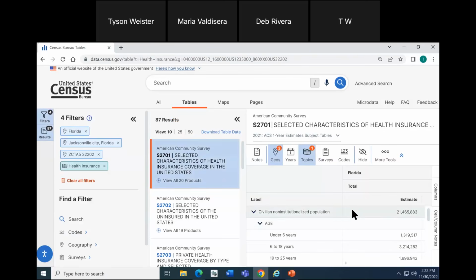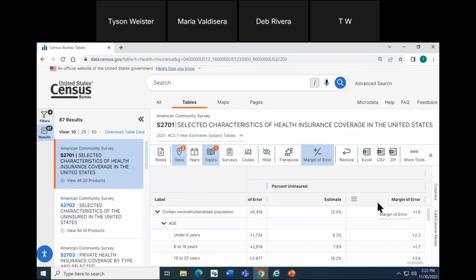Looking at the table on the right, going to take a quick look here. In terms of our geographies, you can see Florida. As I scroll through on the right-hand side, we'll see our next geography, Jacksonville City, Florida. And as I scroll to the far right, we don't see any additional information. So even though I selected 3 geographies to include zip code area 32202, it's not appearing in the table display that I'm currently viewing. Wanted to point this out because we do get a lot of questions about this.